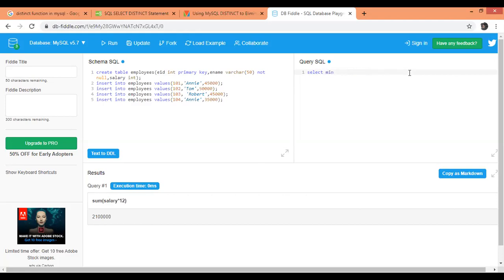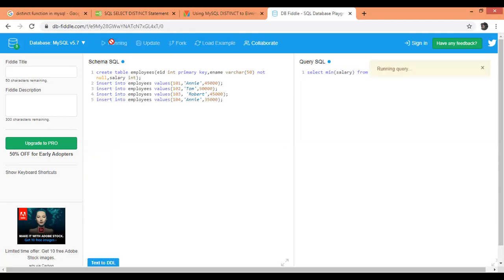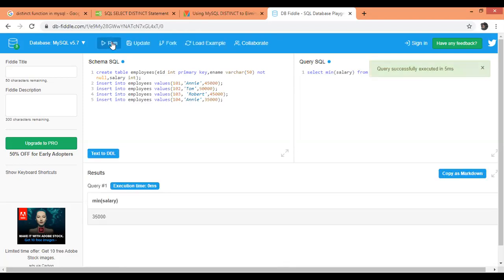Next, we are going to check the min and the max functions. If you want to find the minimum salary from the employees table, use min of salary. So it's 35,000. You can check it here. Yes, it is 35,000.